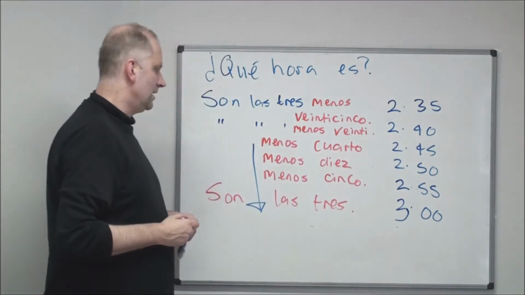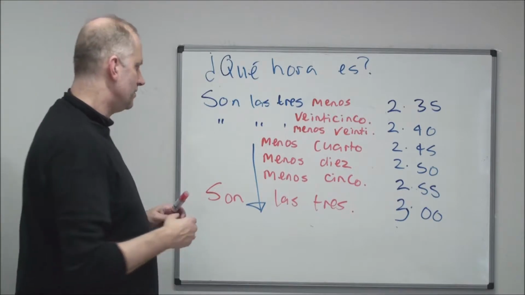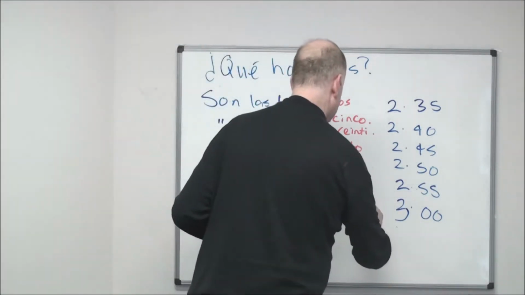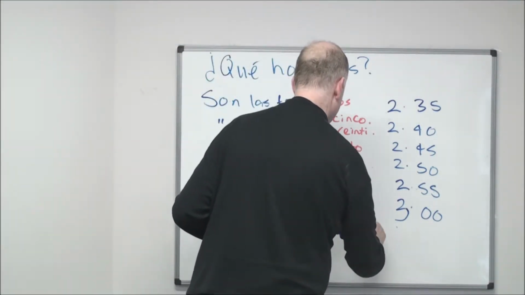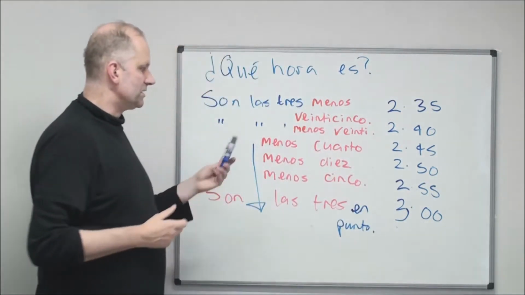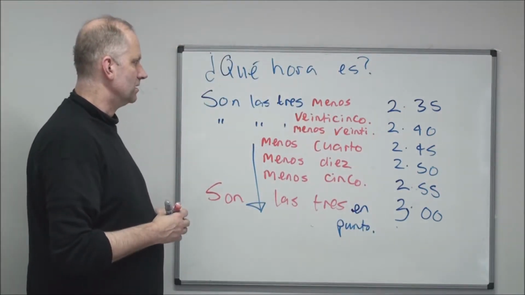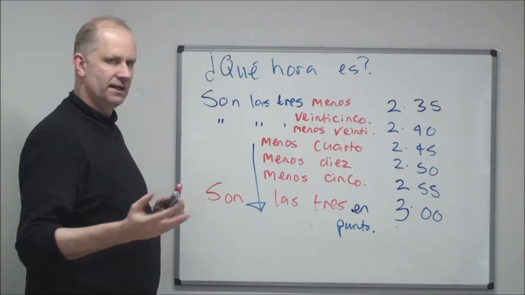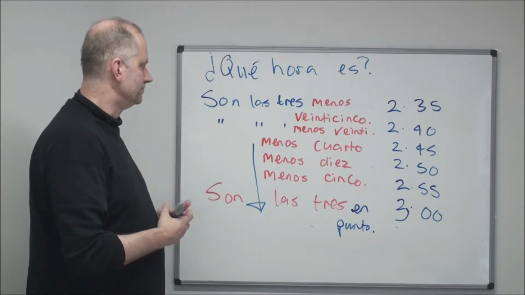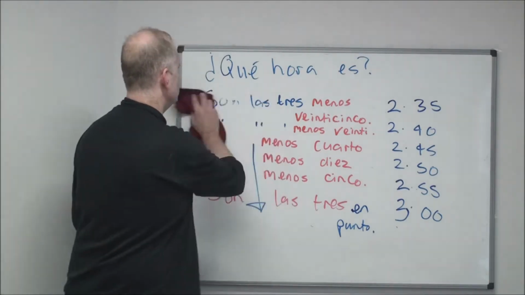Okay, so if you want to say it's dead on 3, you could say son las 3 en punto. Okay, so what we're going to do now is put up some times on the board, and then you say them, and then we'll check. So